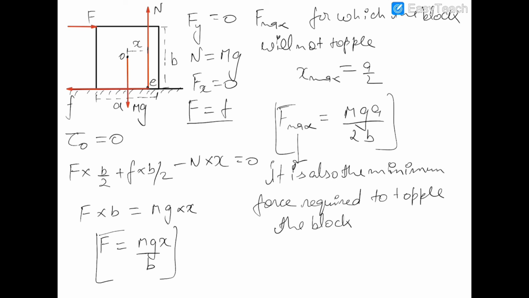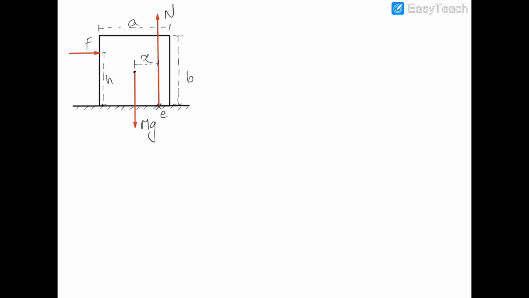So this is also the minimum force required to topple the block. Now if we balance the torque about E, the torque about E would also be 0, because this block is not toppling, and therefore its rotational equilibrium would exist about any of the points. So torque about E would be F into h, where h is this distance from E. You can see that if we extend this F, then this distance would be h. So F into h